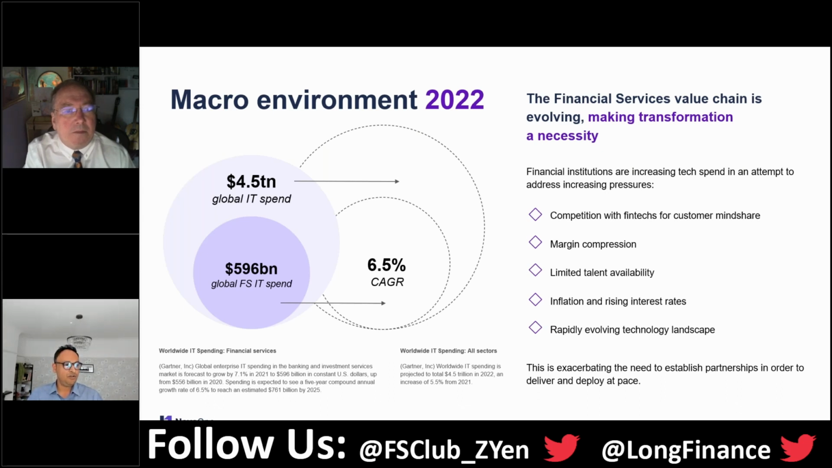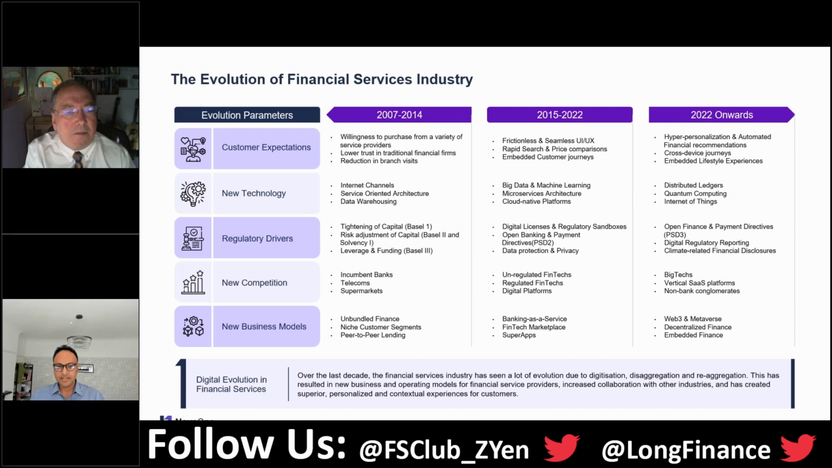So if I go to the next slide, please. The slides are available, and I'm not going to go through all of this, but I put this out there for impact, which is that partnerships with third parties aren't new, right? If you look at the evolution parameters that we spoke about in the last slide, the customer expectations,